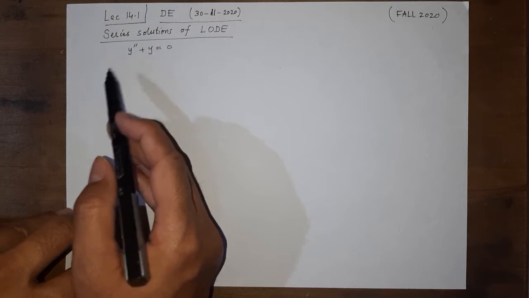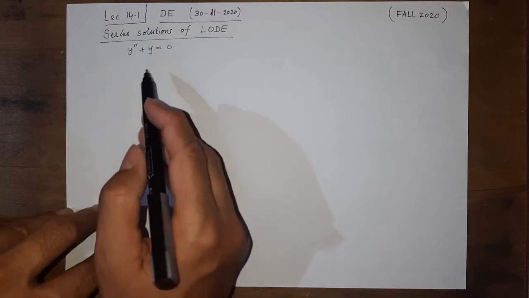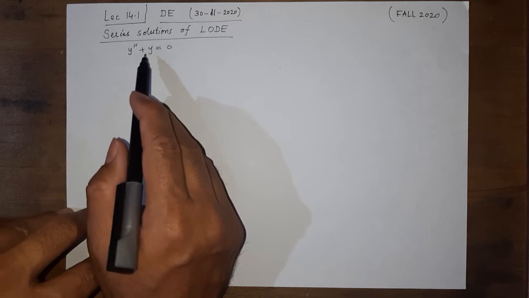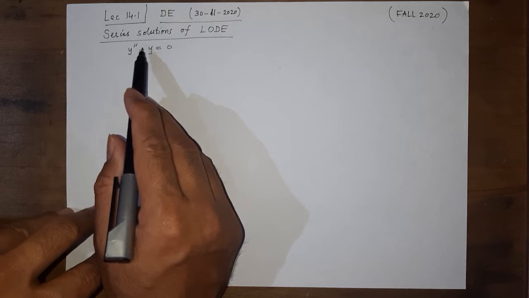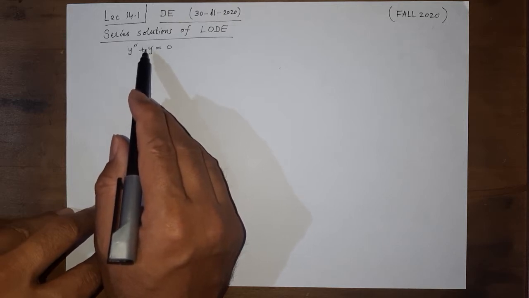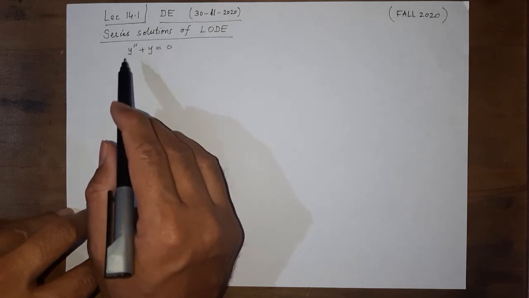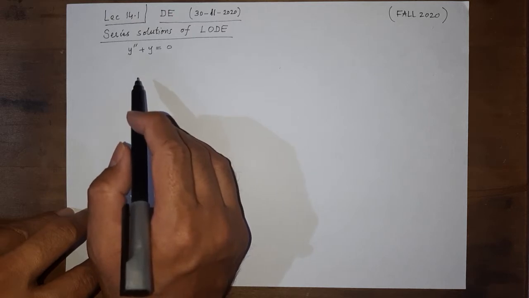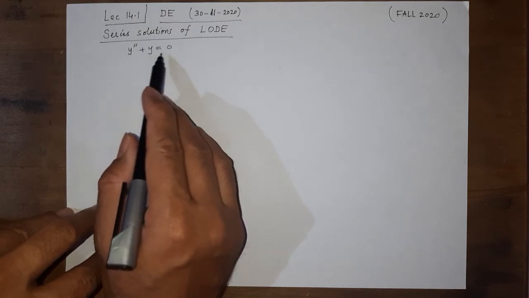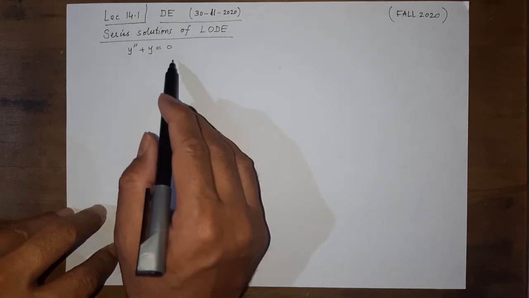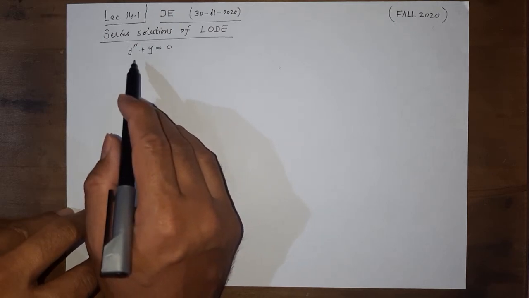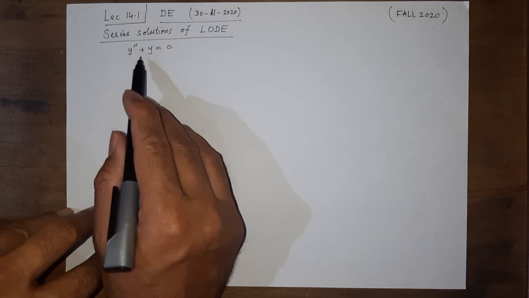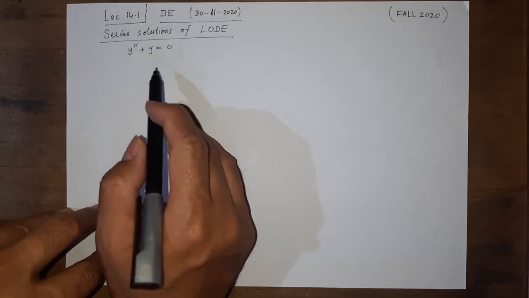So what kind of functions are these? We know that there are two functions, a sine and a cosine. The derivative of sine is cosine, and taking another derivative, the second derivative of sine would be minus sine. So minus sine plus sine would be 0, and similarly sine and cosine are two such functions. So we know that the solution to such a differential equation would be the sum of a sine term and a cosine term.